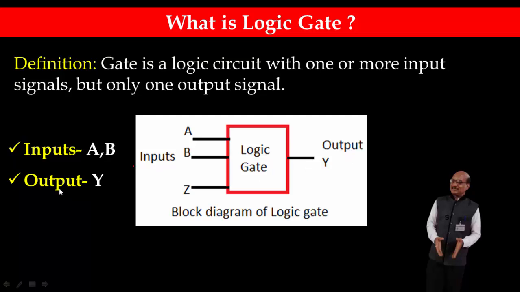Usually the inputs are denoted by alphabets A, B, C, like this up to Z, and the output of this logic gate is denoted by a alphabet Y. So remember, logic gate has more than one inputs and it has got only one output. Such a logic circuit is called as